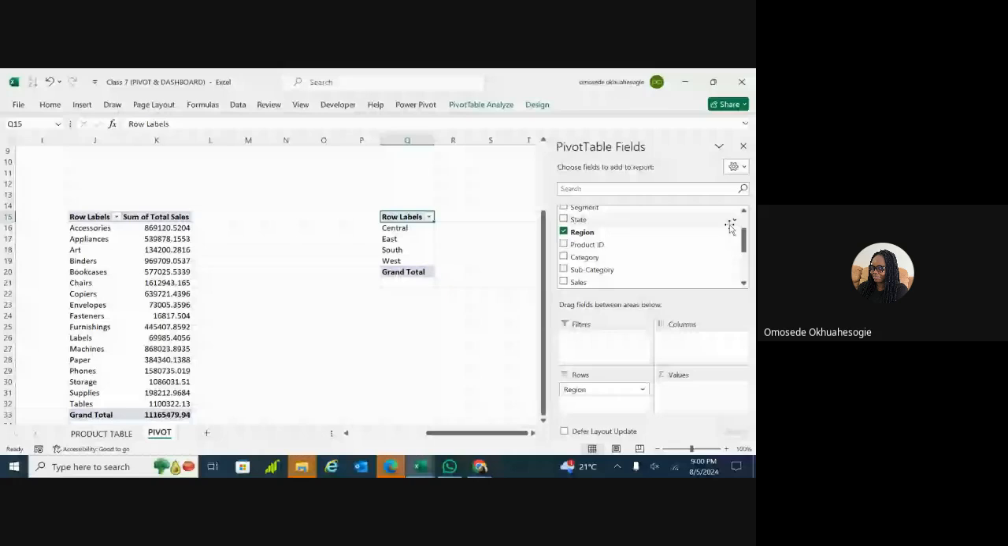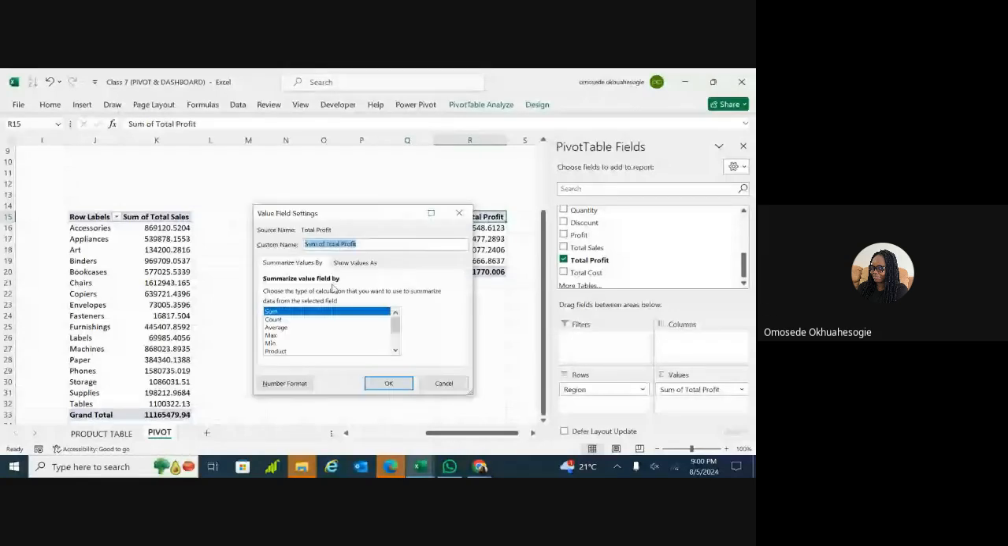Then I'll go down. I want to work with total profit. So this is the profit made now from each region. Central region profit was $250,548. Let me see if we could change the format this way without using